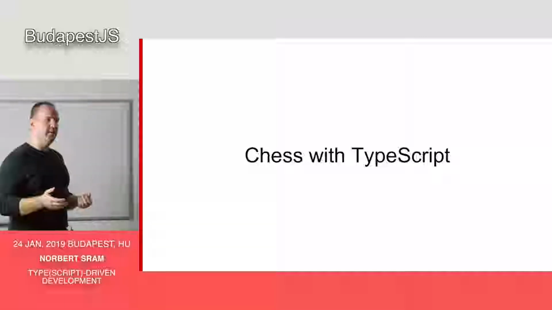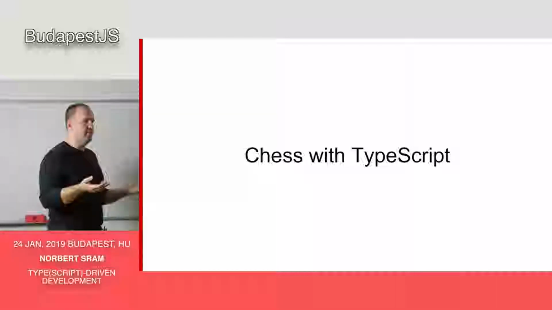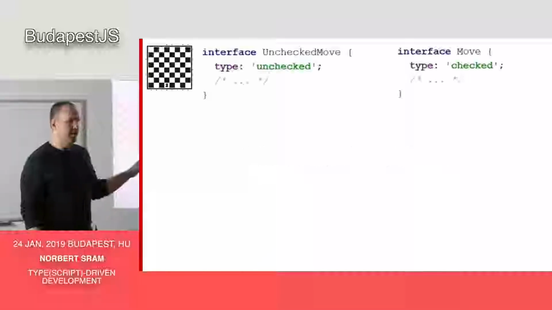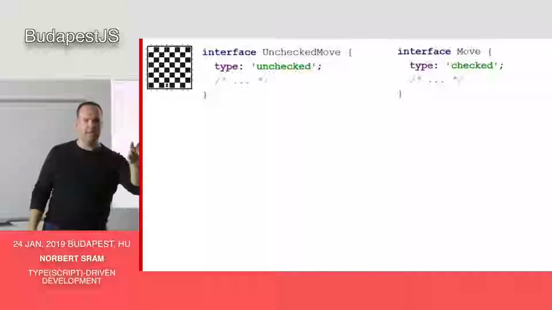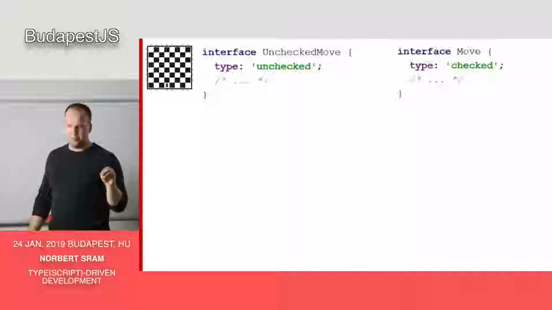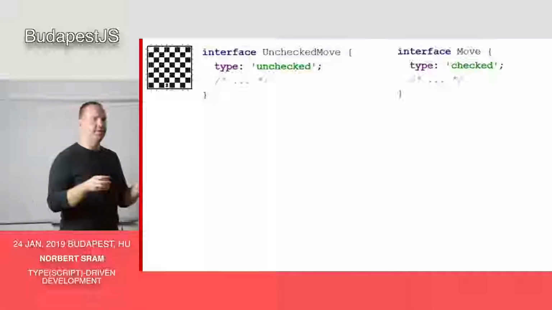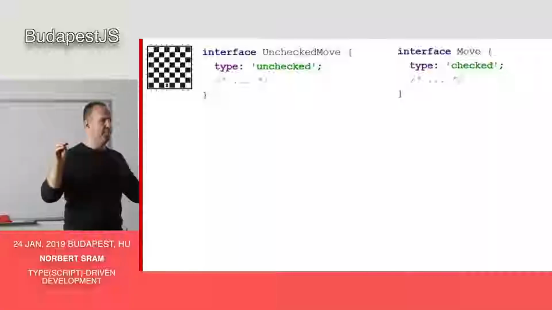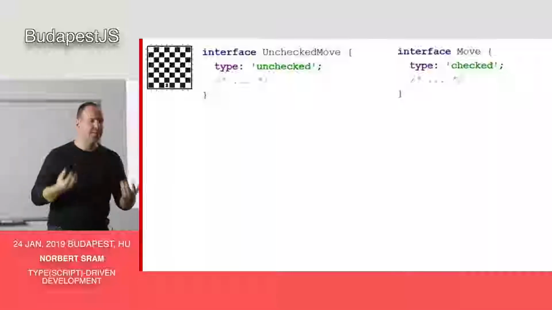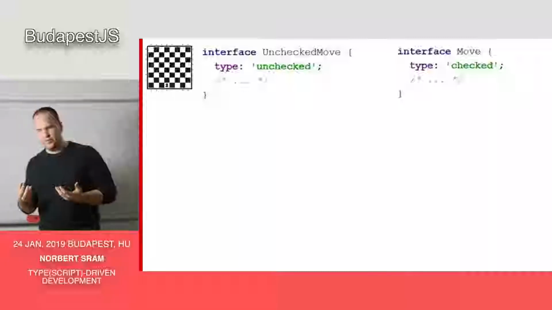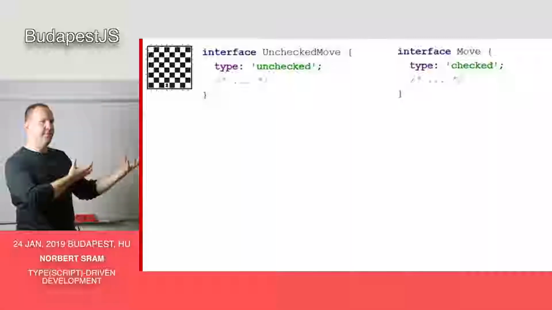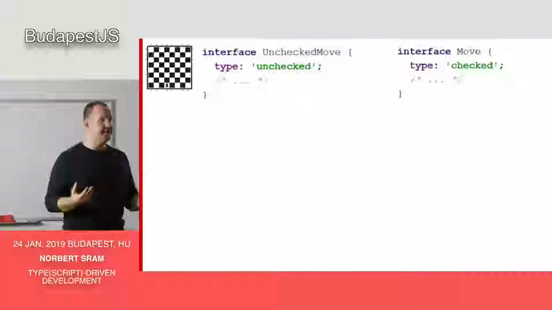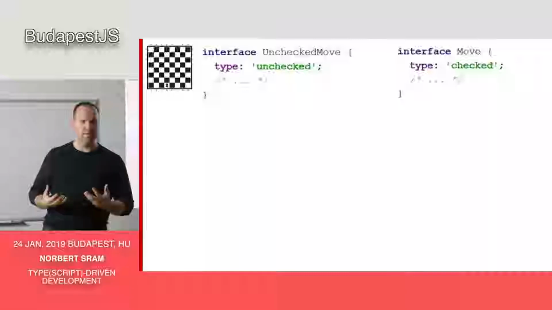People tend to argue that you have the same amount of bugs with static, strong typing. So why is it beneficial? But let's approach it with more of a type-driven design. So we are not going to talk about the concrete implementations. We are going to introduce the states with types that our game or our move might have, and how we can transfer those states. If you want to go very mathematical, it's really an algebra for chess. If you want to have more of a computer science view, it's a finite state machine that you define through